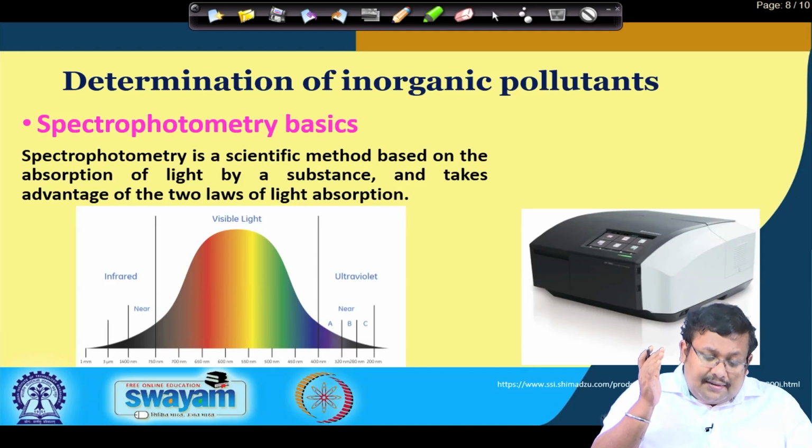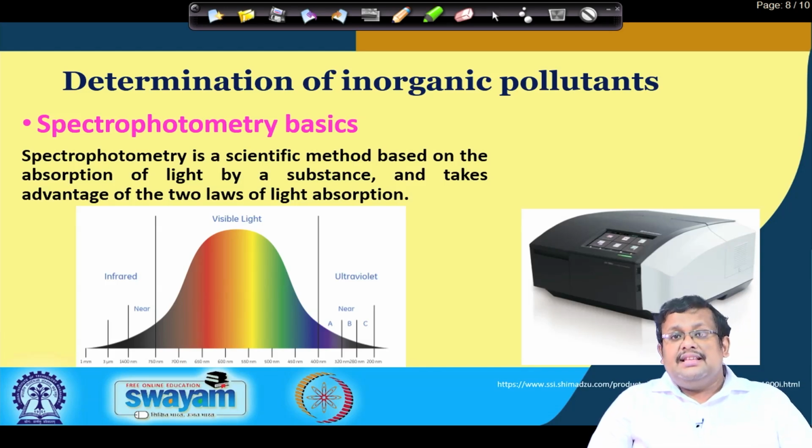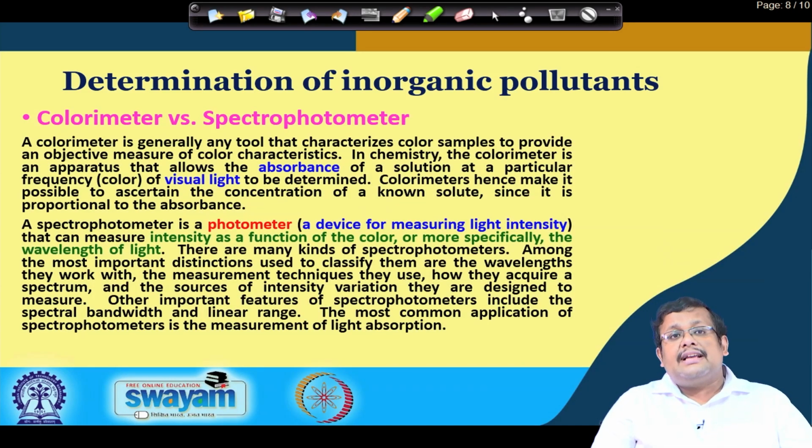If the spectrophotometer is using only visible light, then it is called a visible spectrophotometer. If it is using the UV plus visible portion of the electromagnetic spectrum, it is known as a UV-Vis spectrophotometer, and so on and so forth. So, let us first discuss these two techniques